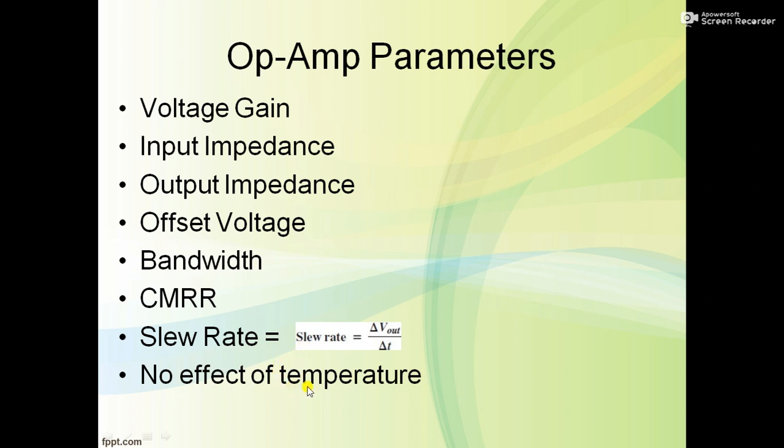If there is any variation in the current or any variation in the temperature of the particular op-amp, at that time there is no effect on the op-amp characteristics. So these are the important